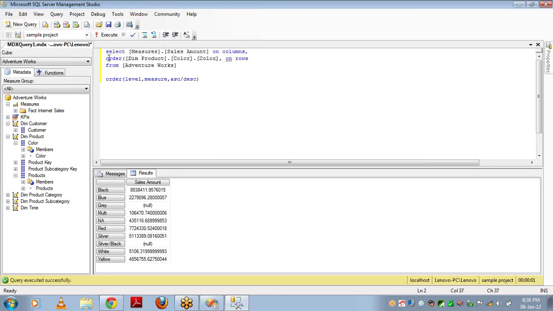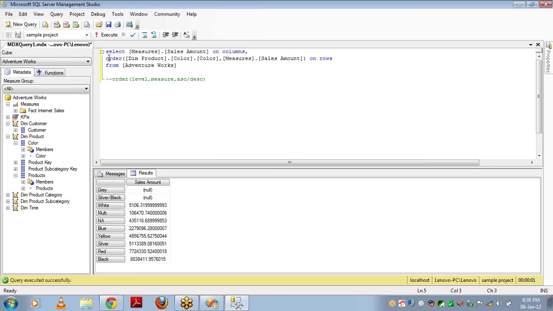I have given sales amount as the second parameter, and as I said, the third parameter is not mandatory. If you don't give anything, by default it will take ascending order. So let me comment out this line, I don't want to execute this, and if I run this, the data is ordered: null, 5106.319999 and so on.